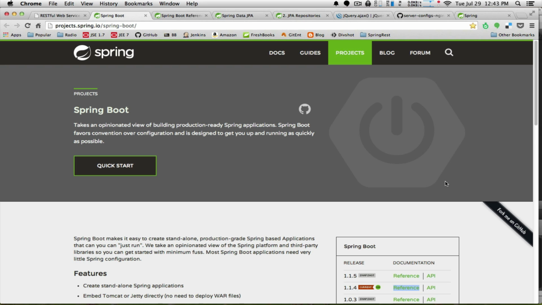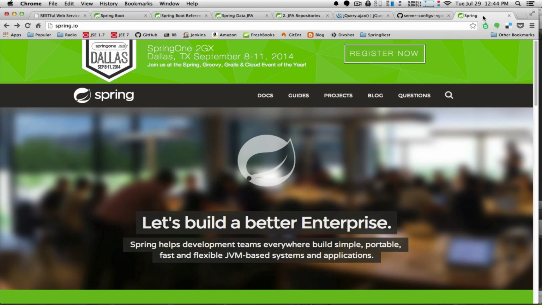This is part 2 of our 3-part series on building RESTful Web Services the easy way. In this part 2, we're going to focus on a really cool toolkit called Spring Boot. Spring Boot is one of many toolkits or projects, as they're called, offered by Spring. The Spring framework is probably the most notable of these, but if you go to spring.io